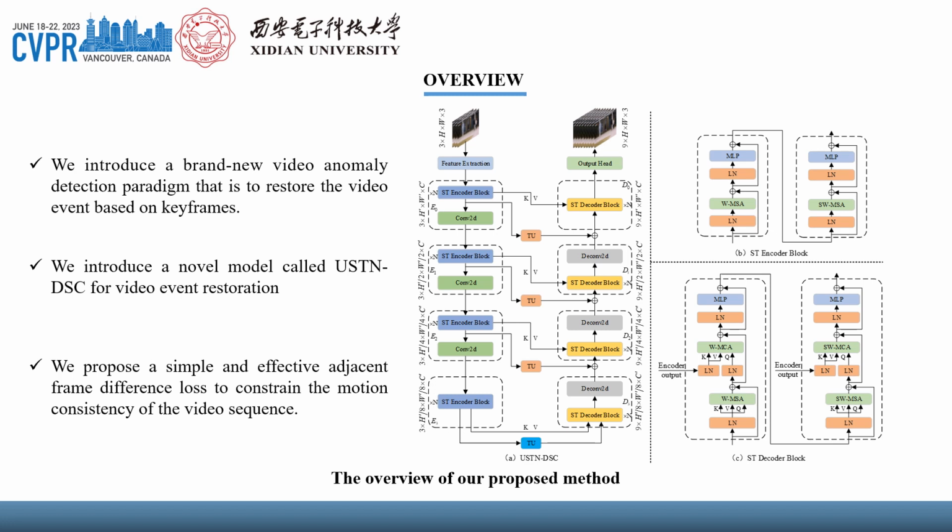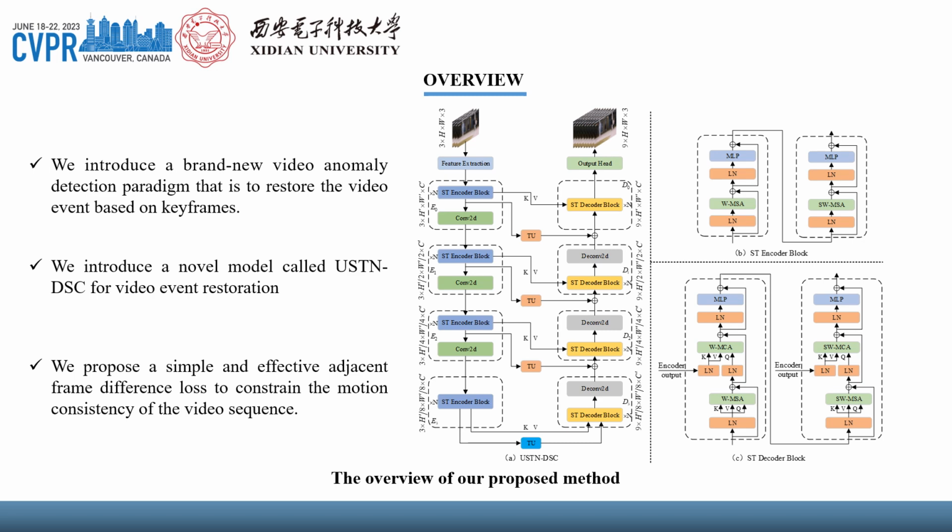to detect anomalies. To this end, we propose a novel U-shaped Swin transformer network with dual skip connections called UST&DSC for video event restoration, where a cross-attention and a temporal upsampling residual skip connection are introduced to further assist in restoring complex static and dynamic motion object features in the video. In addition, we propose a simple and effective adjacent frame difference loss called AFD loss to constrain the motion consistency